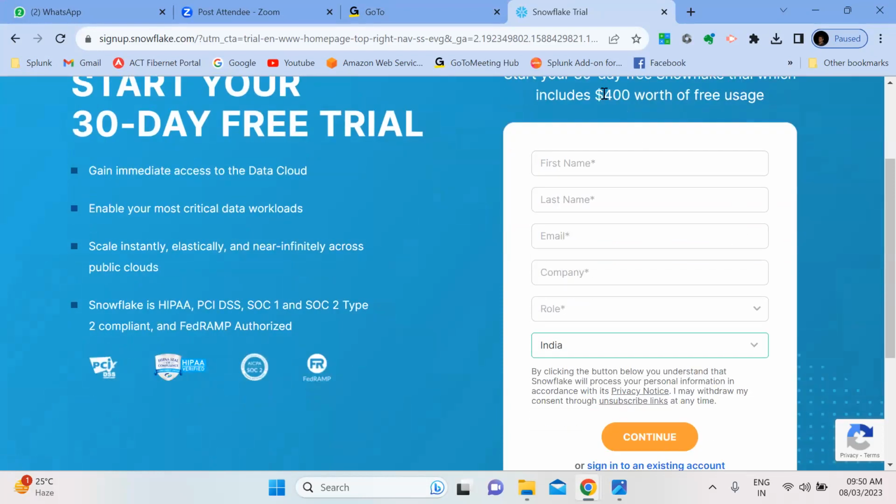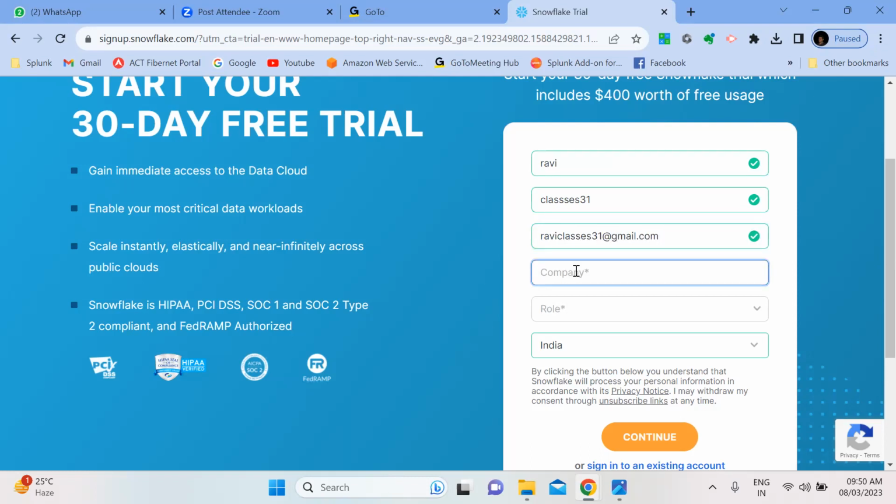Now you can create your account name, for example, classes 31, with the email Ravi classes 31 at gmail.com.